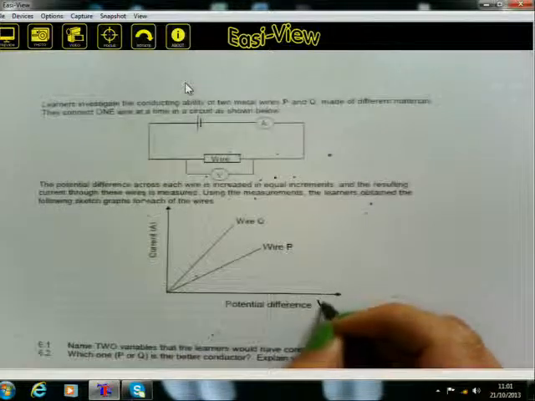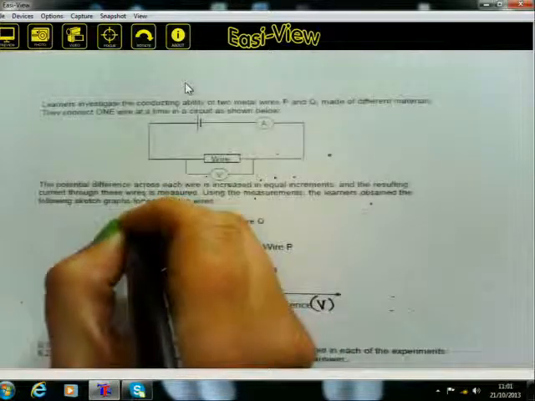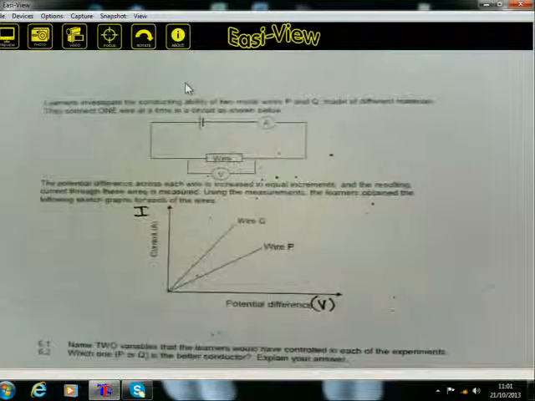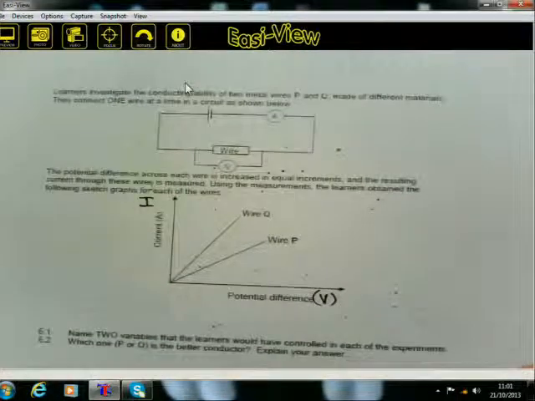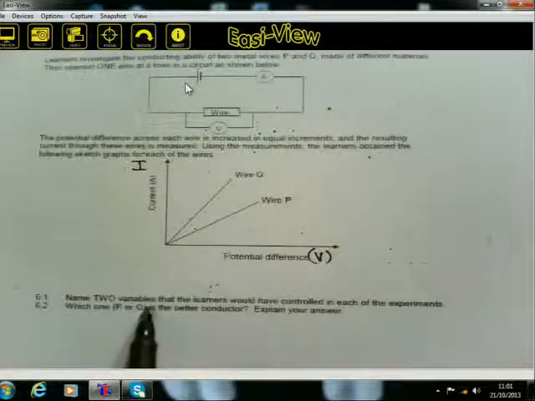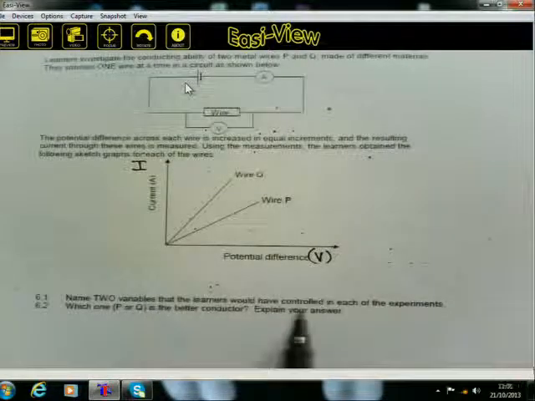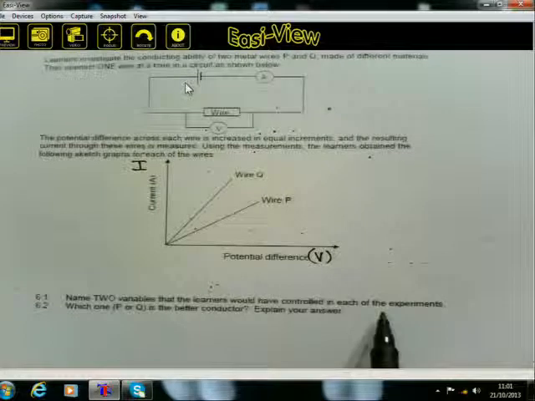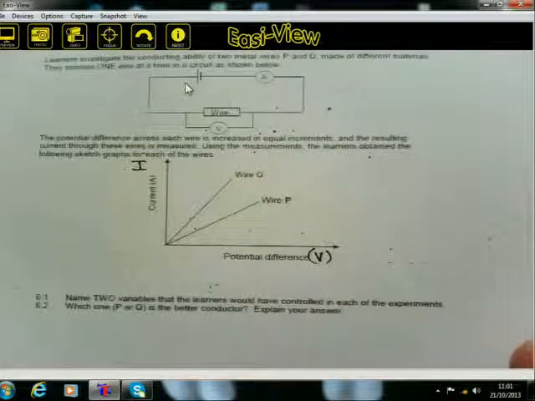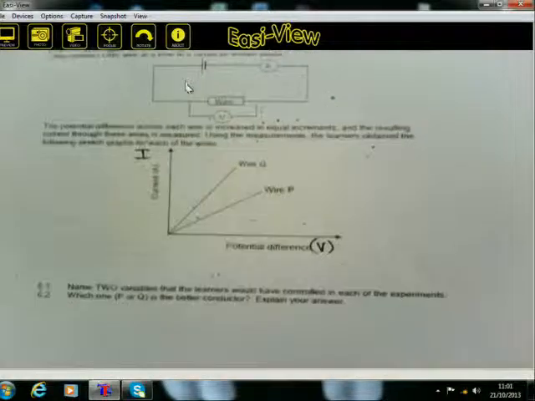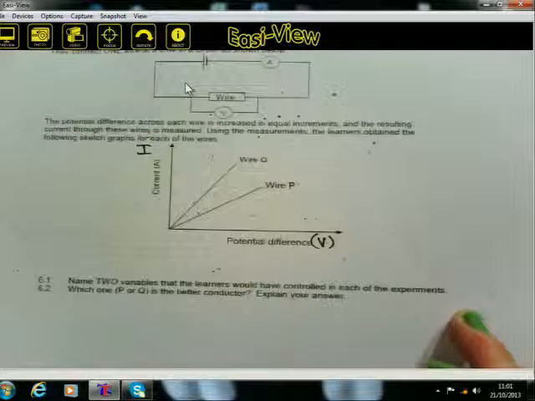So this is V, that one is I. I over V. So the first question is, name two variables that the learners would have controlled in each of the experiments. Certain things that must have been taken as a constant. They must have stayed the same throughout the whole experiment. And for this one,